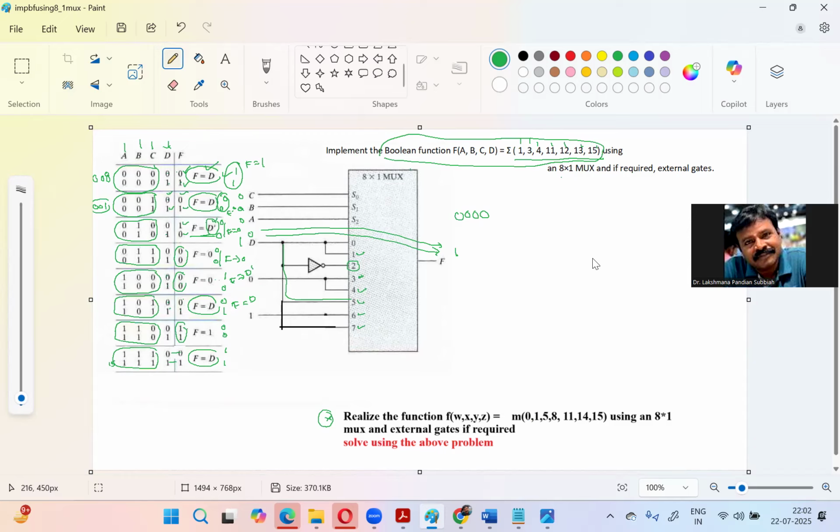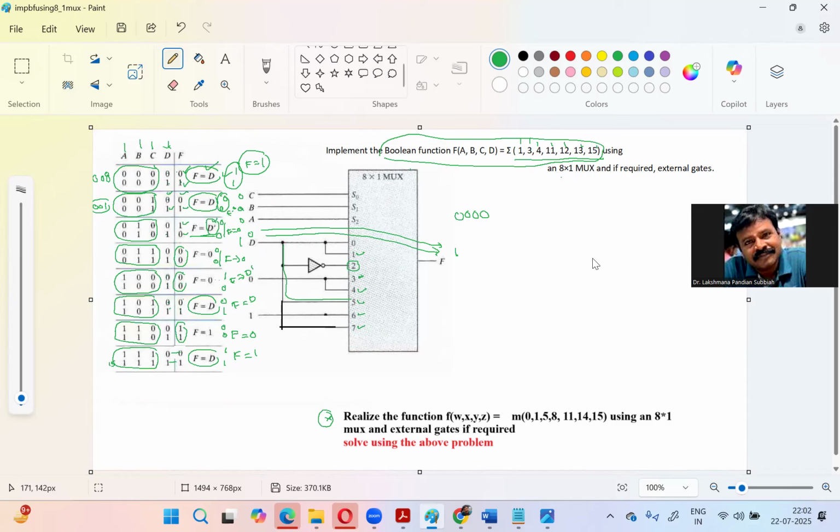Then here we are having now 0, 0, so F equal to 0. Then here we are having both are 1, F equal to 1. So how do you draw the circuit? Here the first one is F equal to 1. Right? So that is 1 is connected with 0, and also here we are having 1 is connected with 0,